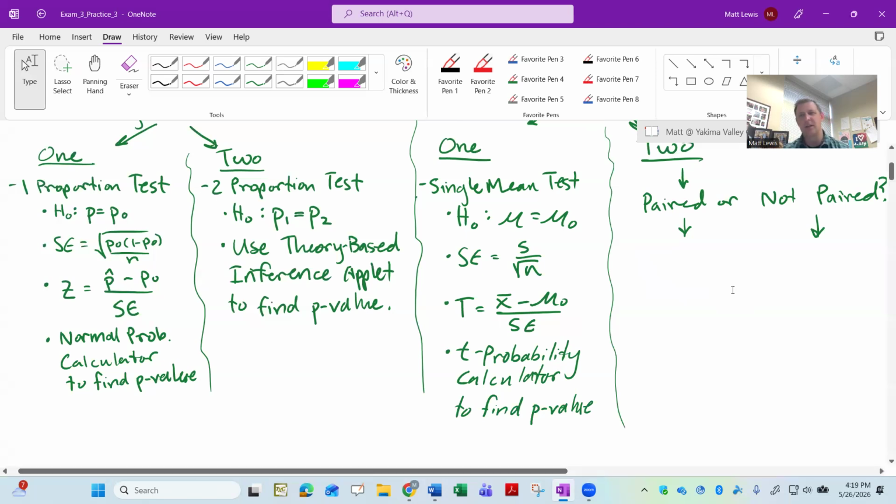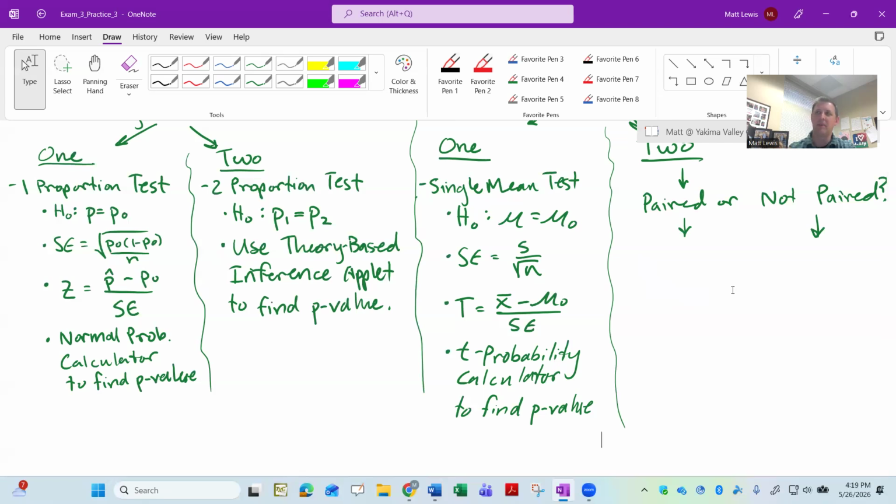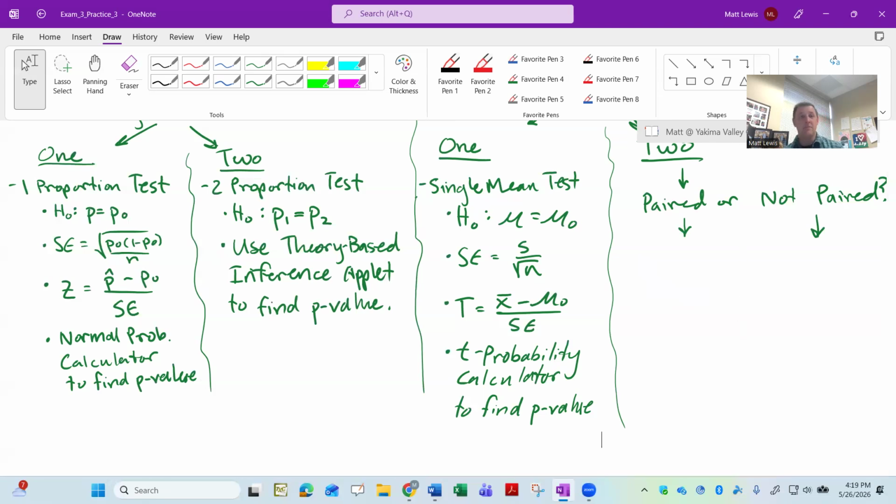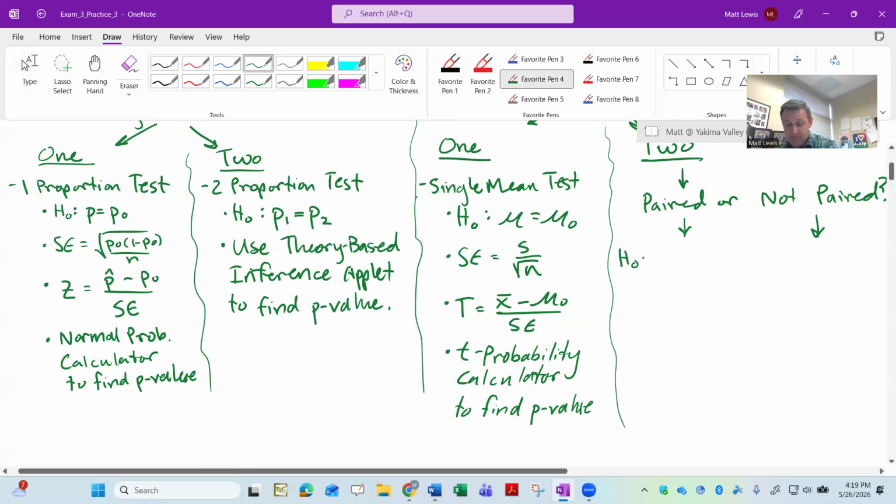So this often takes place when you have kind of like a before and after sort of a situation, right? Where maybe there's a data point that's connected to the same person in a before sample and an after sample. So things like that. So when we set up our hypothesis here,